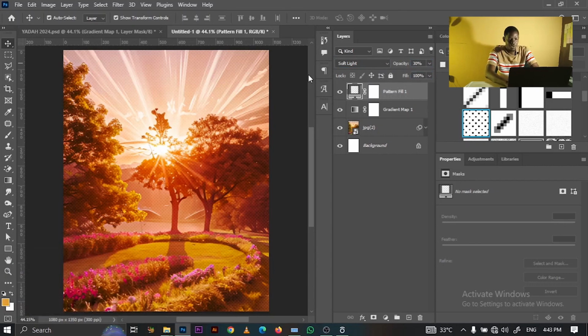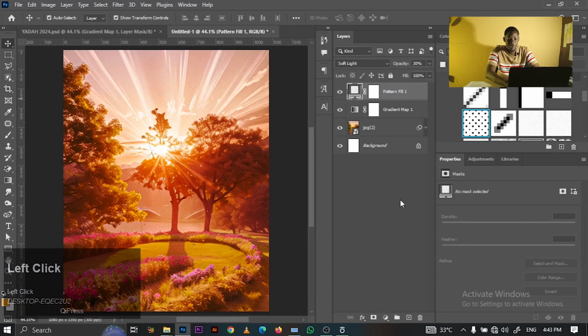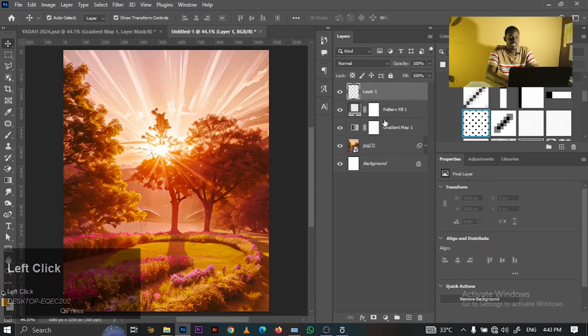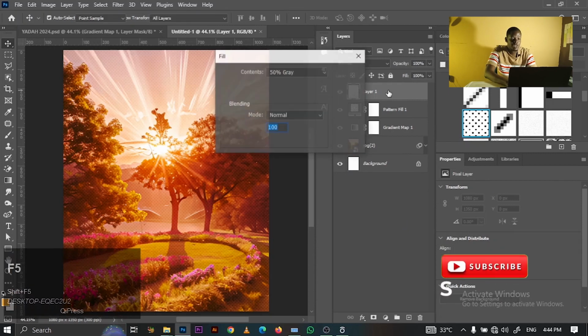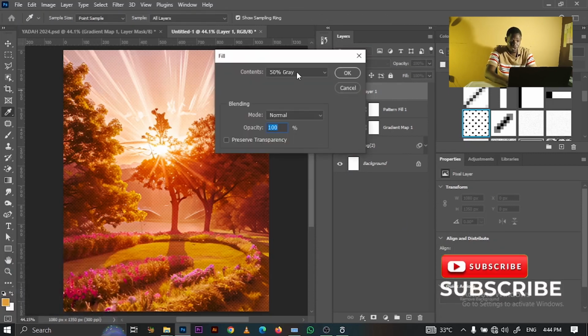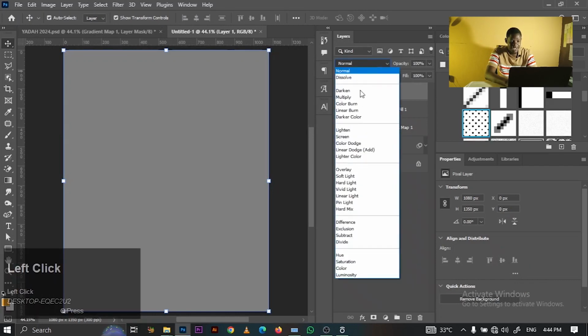Then you're going to create what I call a vignette. You're going to create a new layer here. Click on create new layer here. Then you're going to create a vignette by clicking on Shift and F5. We're going to add the content, which should be 50% gray, Normal, and the opacity should be 100%. Click on OK. Then you're going to change the blend mode of this to overlay, and you're going to convert